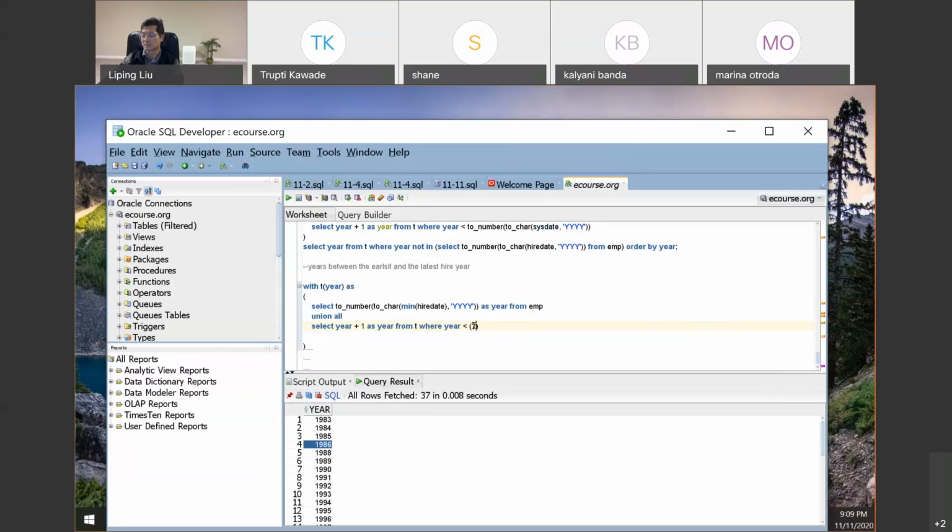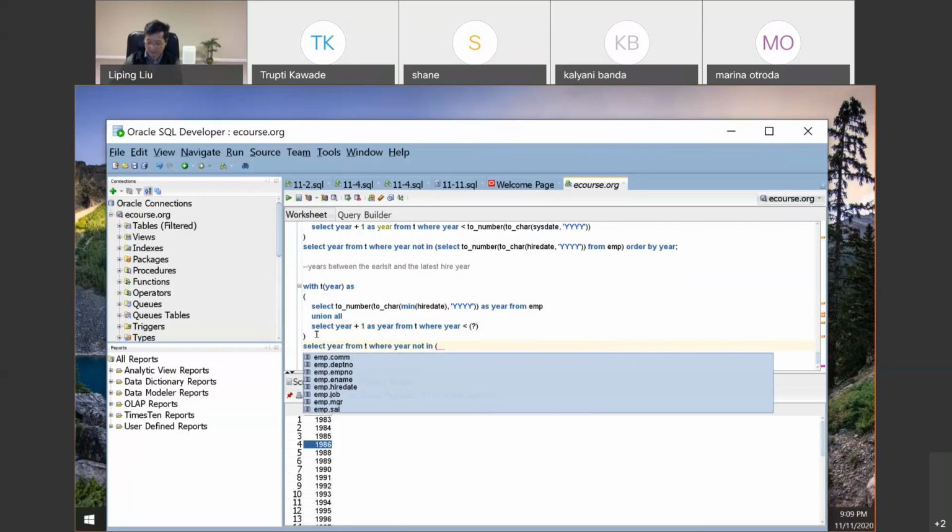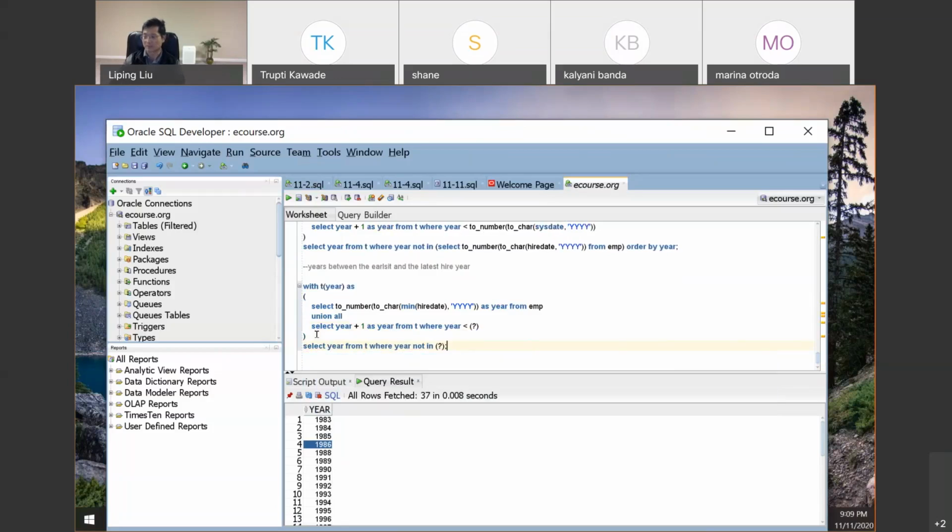So that's what the subquery is going to do. And then after that, we're going to do the same thing as before. So select year from T, where year not in, again, a subquery to find out the list of years. Okay, and then some column here. So now let's do the subqueries here. The first subquery is trying to find the maximum hire year. Okay, so we'll do select to number,